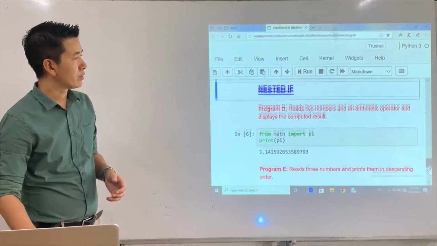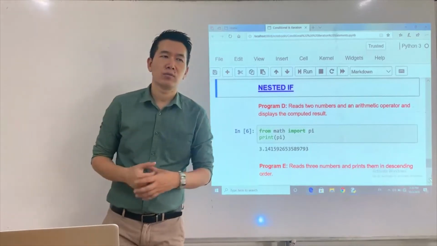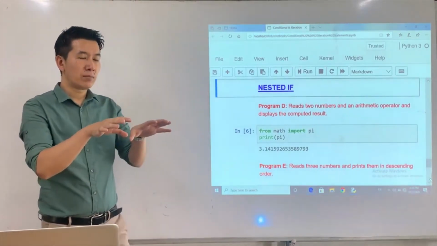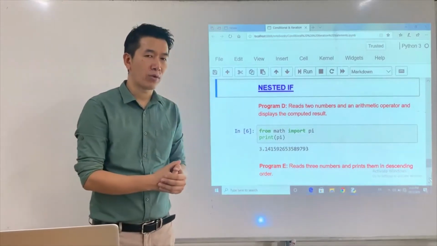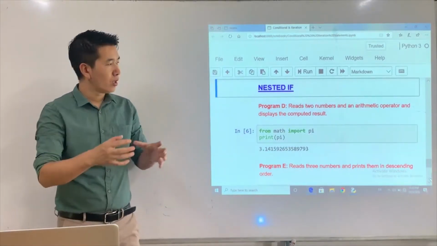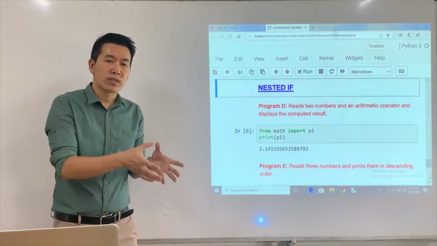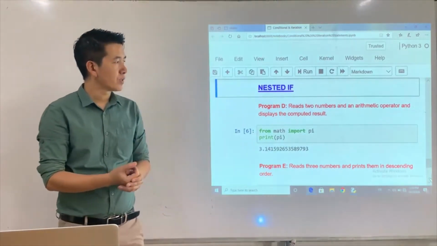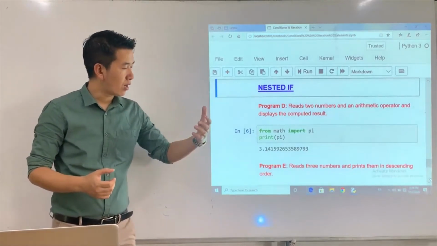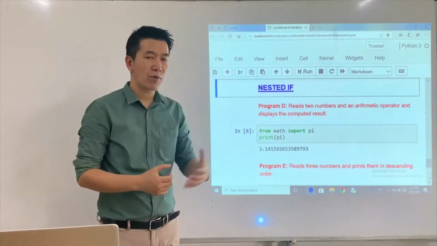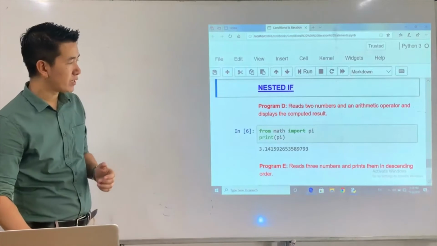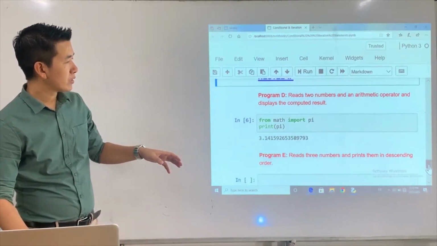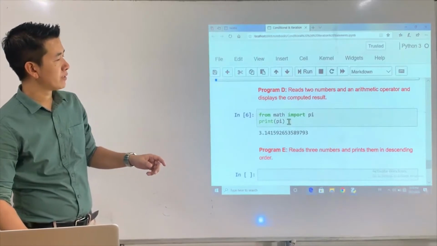Now the question is, some of you may feel, why do we need it? Now this is the beginning days of the programming, right? So I'm just going to tell you how to use this, okay? But when to use it, you'll get the complete picture once you are familiar with quite a number of programs in the coming days, right? So we'll just stick to the intro part. Now let's check the first